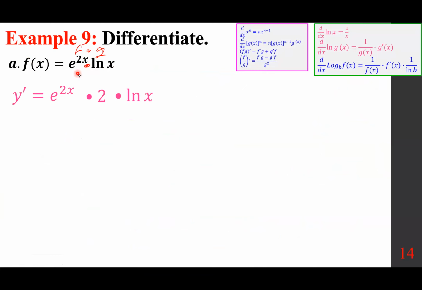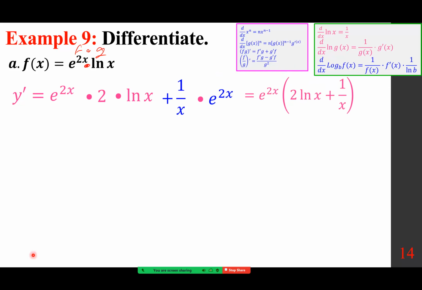This is f prime g, plus g prime 1 over x times f. And you just factor out e to the power of 2x, you get 2 ln x plus 1 over x. Again, just in case, this is f prime g. G